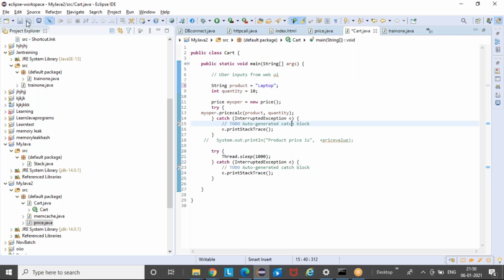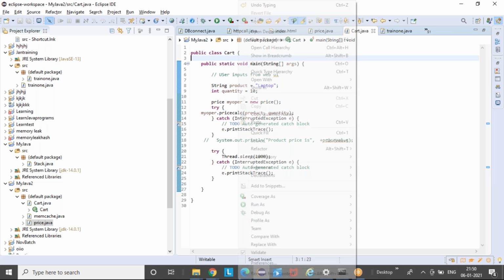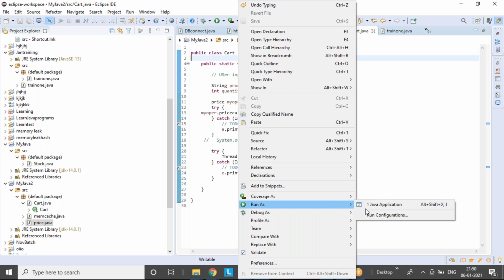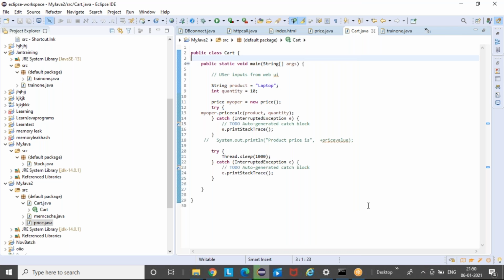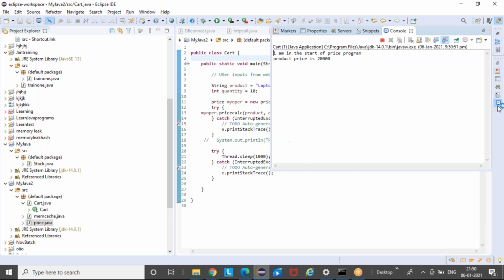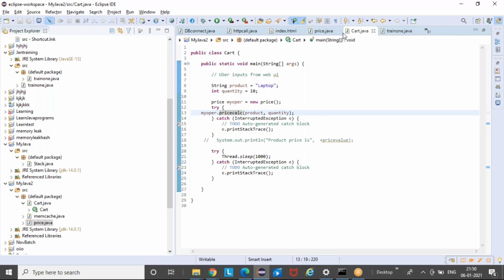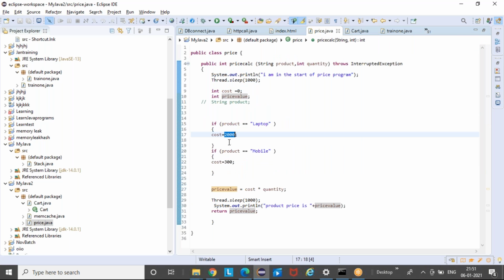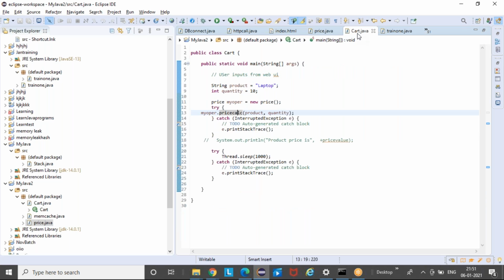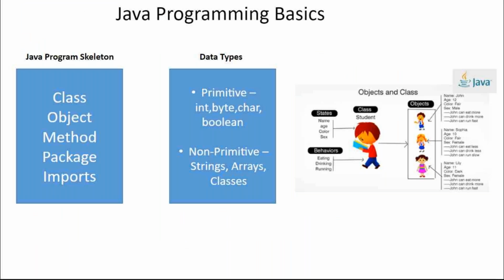I'll go and save this, and then I'll run this. Now if you see, it is giving 20,000 as a product price because a laptop cost is 2,000, whatever USD or rupees. So this is how the actual application is also going to work.